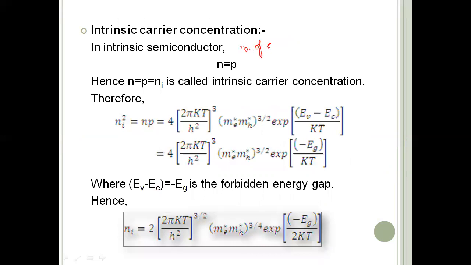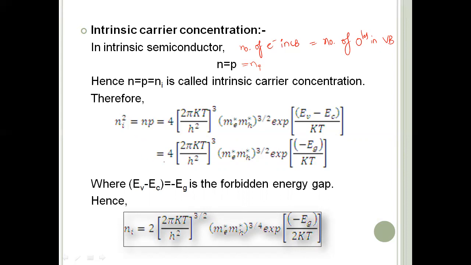the number of electrons in the conduction band is equal to the number of holes in the valency band, that is n is equal to p. So let it be equal to ni, that is the carrier concentration of an intrinsic semiconductor. So squaring, ni square can be written as ni into ni, which is n into p. Now just multiplying the density of electrons with the density of holes in the valency band, we'll get a final expression